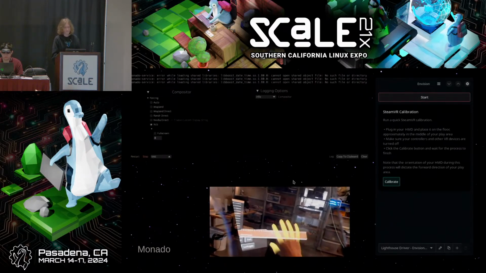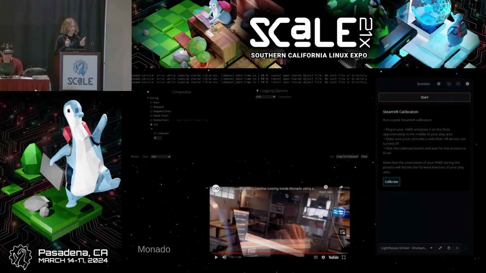Another related thing is that I created this thing. You see, Monado is a bit of a pain to launch and a bit of a pain to use because it's very low-level software. So I created a little prototype I called Rex. It's a Xenoblade reference.